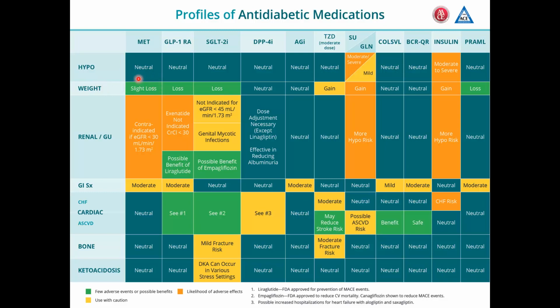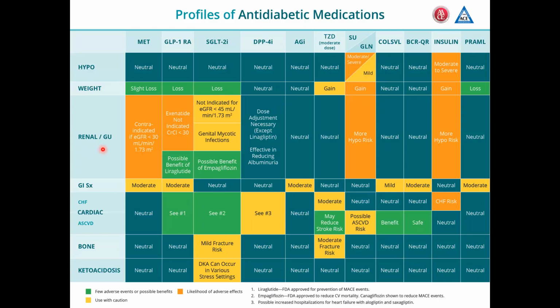So you can see metformin promotes slight weight loss. GLP-1 receptor agonists cause weight loss. Actually, liraglutide, one of the important GLP-1 RAs, is a drug approved for weight loss. SGLT2 inhibitors again cause weight loss, but thiazolidinediones cause weight gain. And anything that increases insulin level, like insulin itself, has a weight gain property, and sulfonylureas and glinides also cause weight gain.